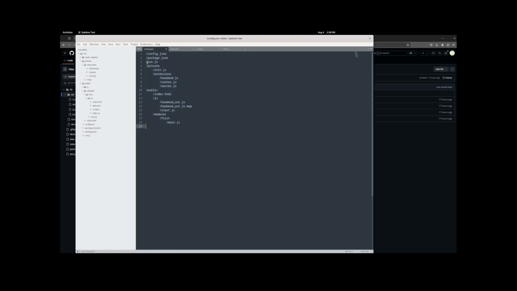So this is the file structure. I start with a run.js. This is the execution, how I start the server. I have this private folder. It has an init file. It has some extensions. I got hookmod.js. This is the hot reloader. So if I were to change anything,